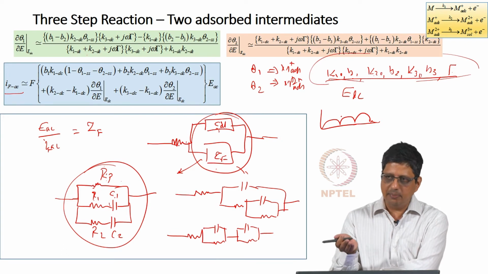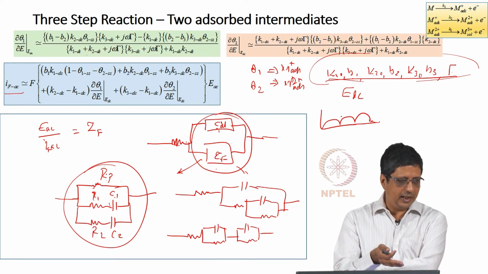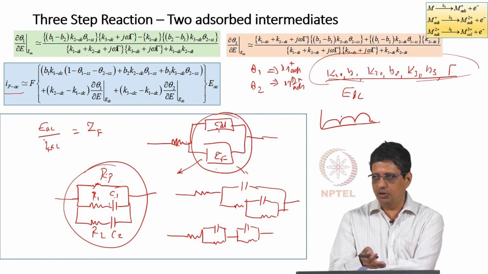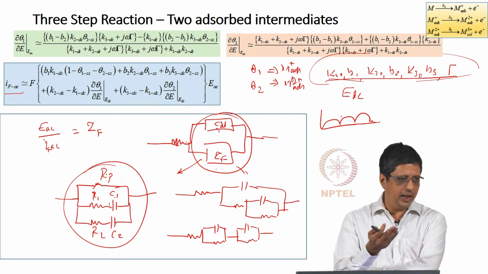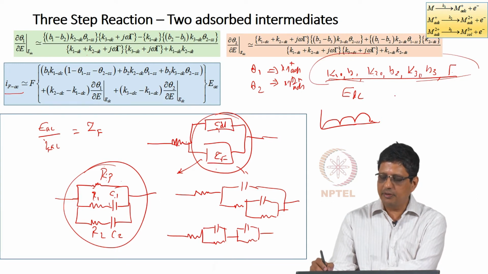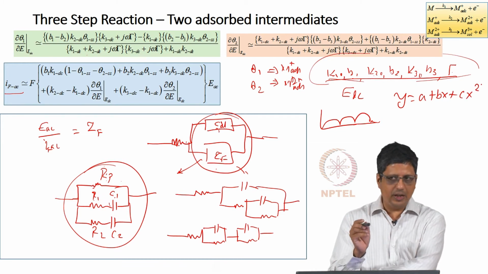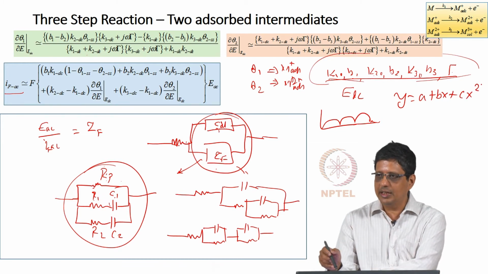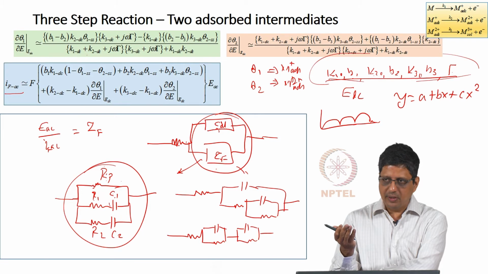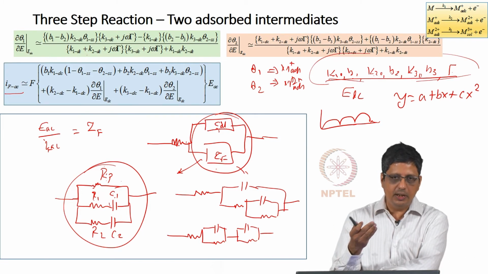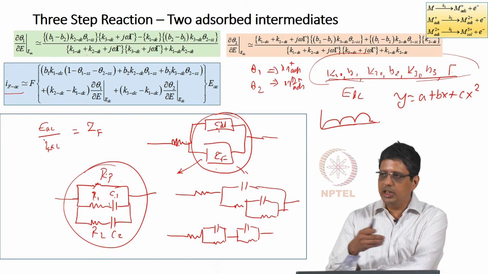When I give you kinetic parameters and ask you to calculate the impedance, which is what you have been doing so far, it is okay. It is like giving you an equation, I can give you a quadratic equation, I can give you one x value and ask you to give me the one y value. As long as I give you ABC, you can get it. But if I give you one pair of x and y and ask you to get ABC, you will tell me that no, this is not sufficient, you need to give me 3 pairs.